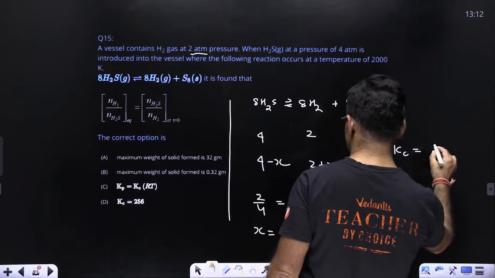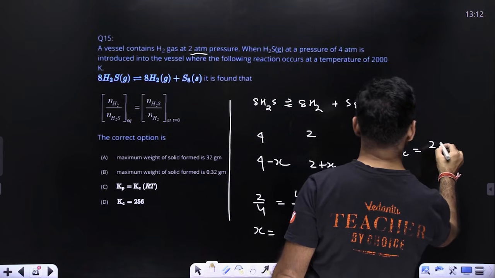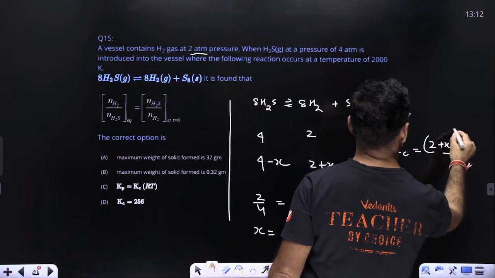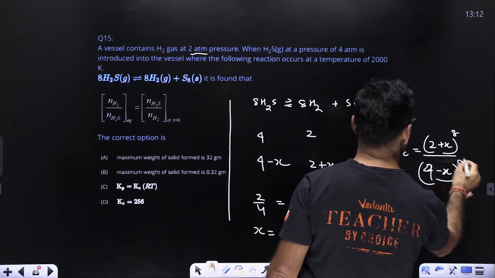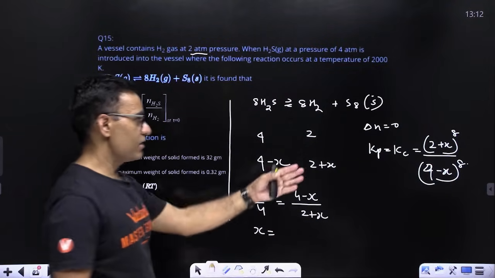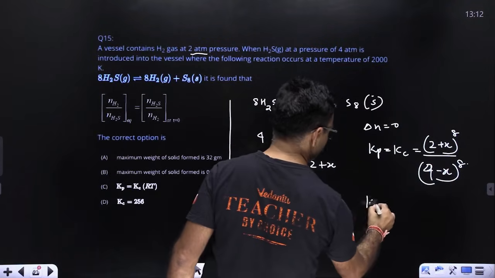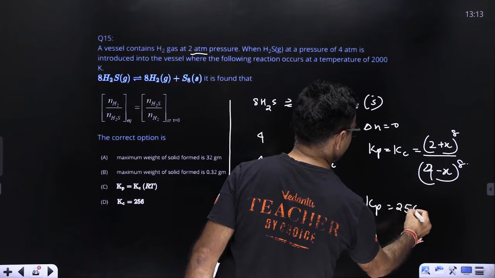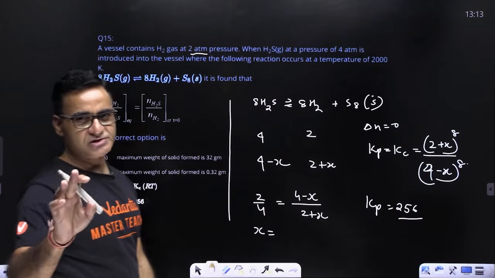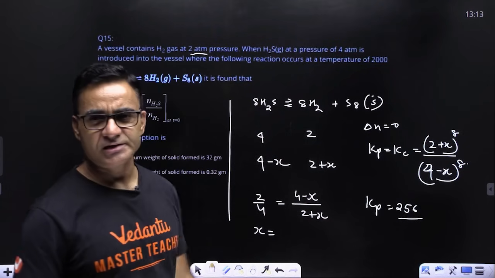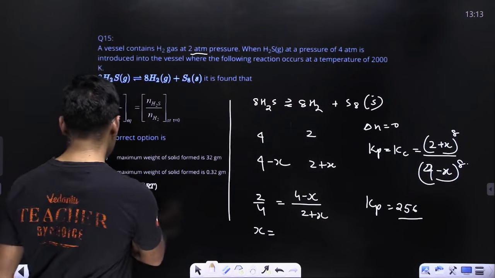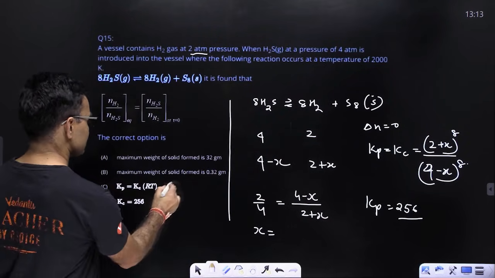आप, और इक्विलिब्रियम पे मोल आपको पता है, दैट इज (2 + X) रेज टू द पावर 8 अपॉन (4 - X) रेज टू द पावर 8। अब आपको X का वैल्यू यहाँ से निकाल के वहां डाल देना है, दिस वे व्हेन यू कैलकुलेट यू विल गेट योर आंसर Kp = 256। तो एक ऑप्शन तो आपका मैच कर गया। अगर ये JEE मेन या नीट का क्वेश्चन है तो उसमें तो ऑप्शन का कोई दिक्कत है ही नहीं, क्योंकि सिंगल ऑप्शन ही करेक्ट होते हैं, तो एक आंसर तो आपका आ गया। ठीक है, ये स्टेटमेंट गलत है